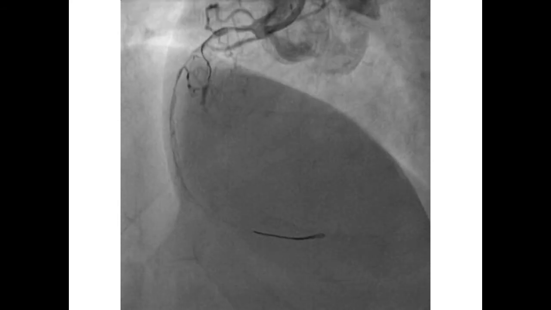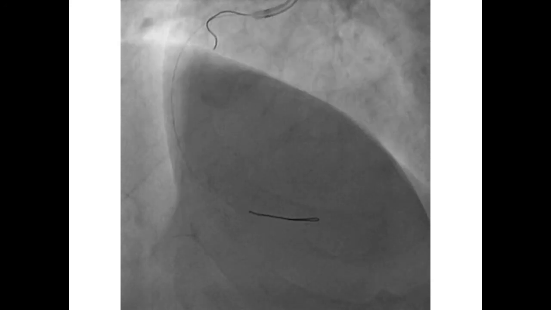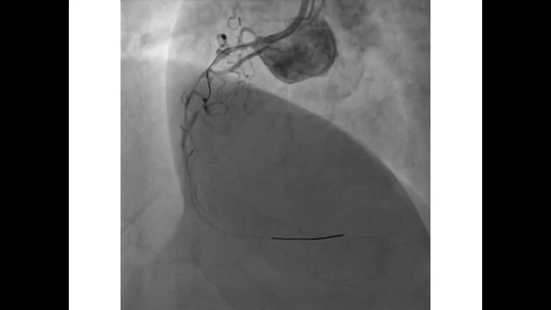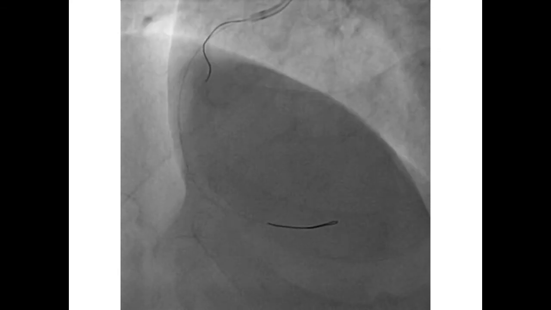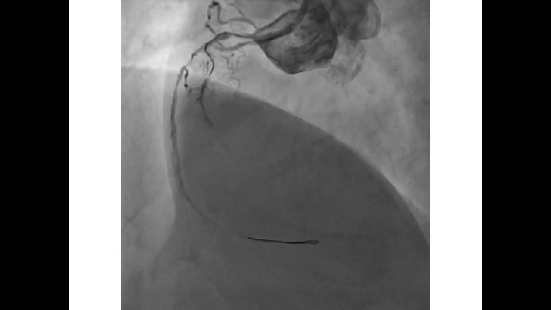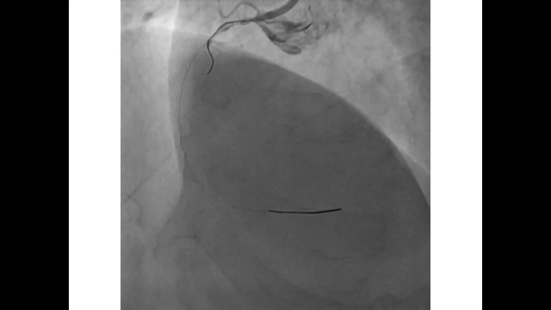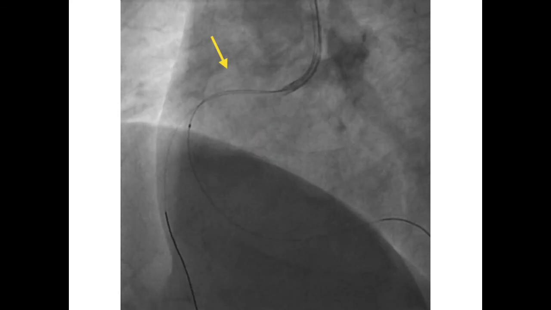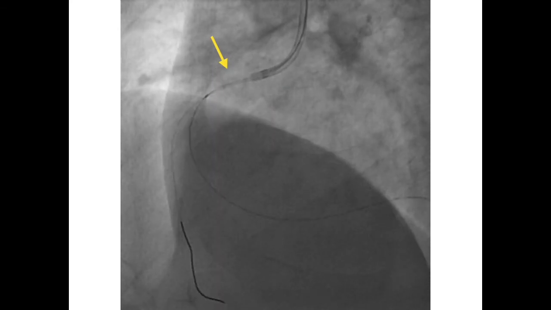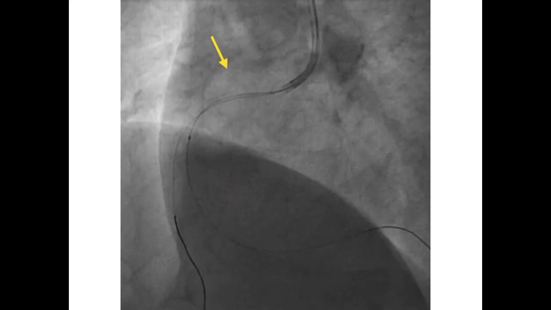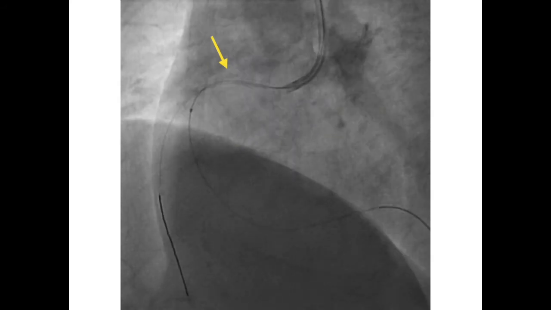We crossed rather easily into the marginal branch, the RV branch, with a workhorse wire, and we tried to cross into the main RCA with a workhorse wire, but we couldn't. Eventually we crossed with a Runthrough wire, and then we tried to cross with our balloon. Here we had a Lacsa balloon, but as you can see, the balloon is unable to cross the lesion